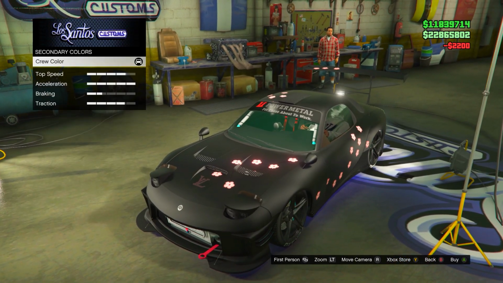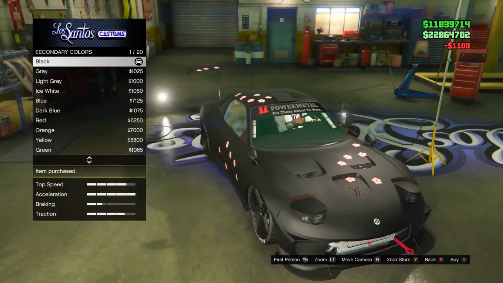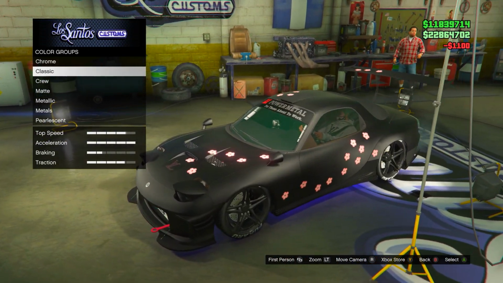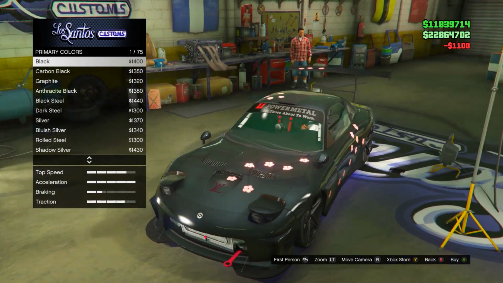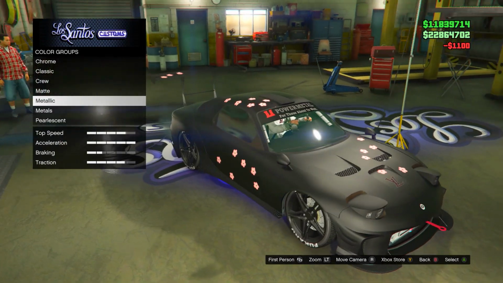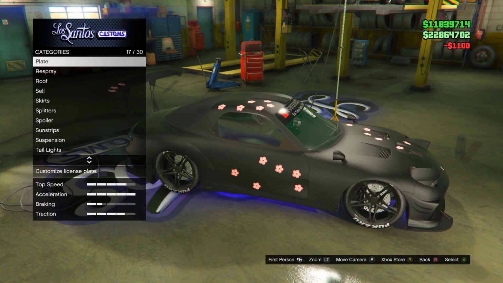So come over here and put on matte black for your secondary, just like that. Once you've done that, back out and come over to your primary color and scroll down to Metallic. Once you're here, wait about 5 seconds, counting like Mississippi, so 1 Mississippi, 2 Mississippi, until you get to 5. Once you've done that, back out all the way and come over to plates, put on any type of plate,